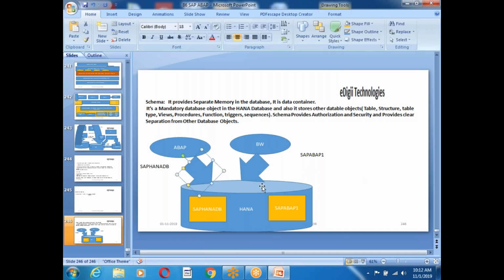That's one of the main importances of the schema. This schema contains all other database objects like tables, structures, table types, views, procedures, functions, triggers, and sequences. So it stores even other database objects, it provides a memory area in the database, and it's a data container, guys. That's a schema. Are you clear on the schema? And one more thing